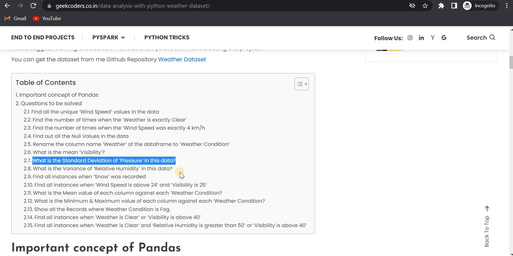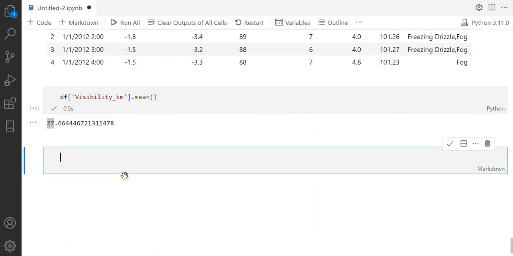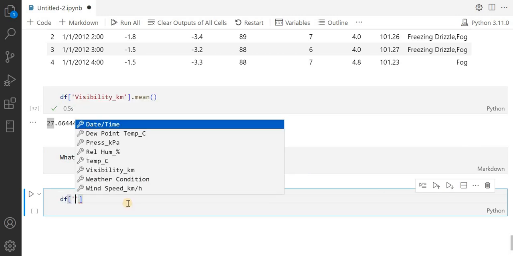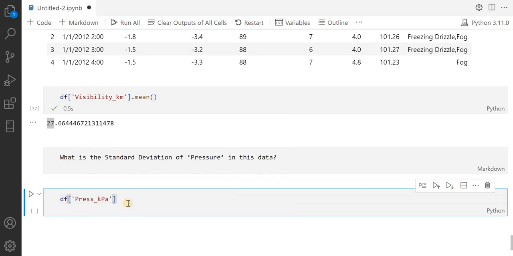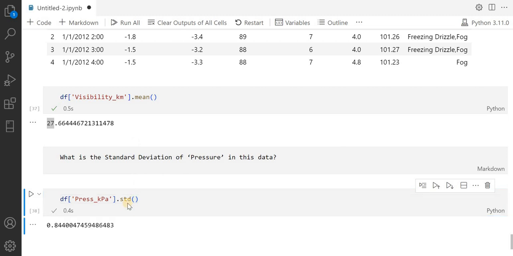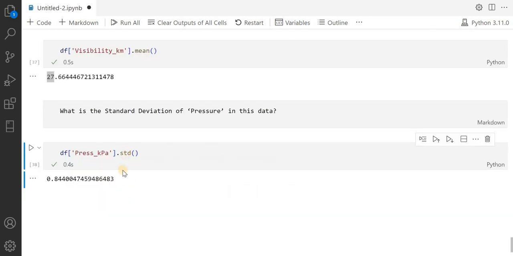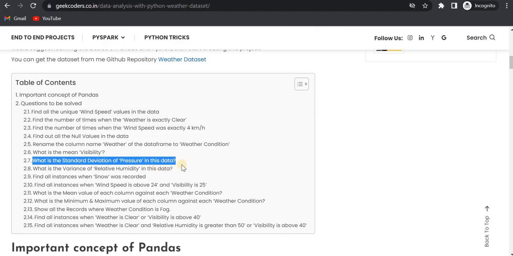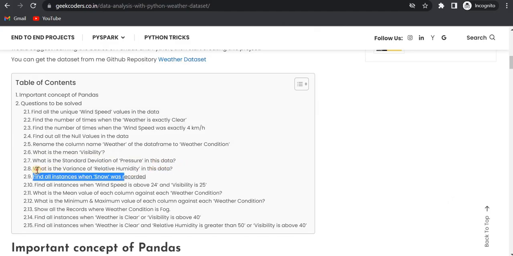We have: what is the standard deviation of pressure in this data? Cool. So I will write here df, standard deviation of pressure, right? So use the pressure column and use the standard deviation method. You can see we have this std function, okay, and it returns this value 0.844. Correct. Now I will go to another question, which is the eighth one,